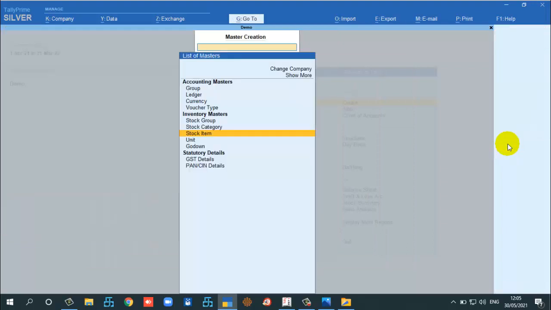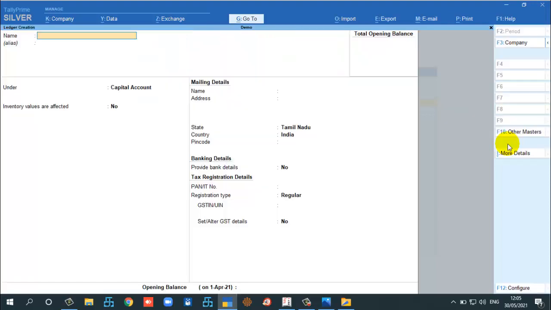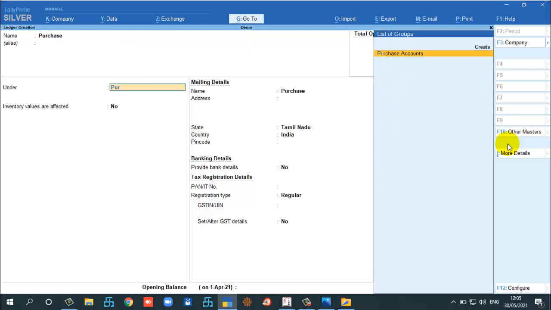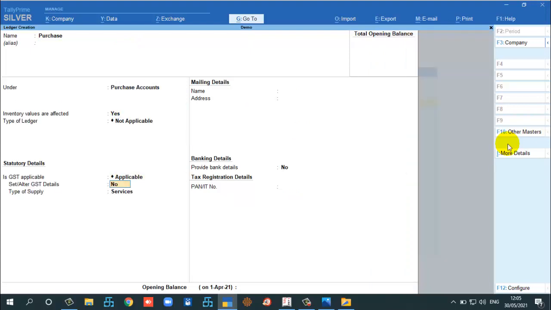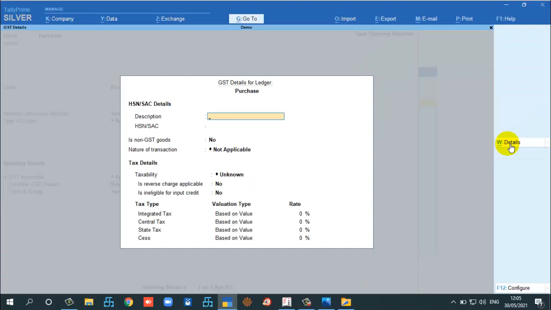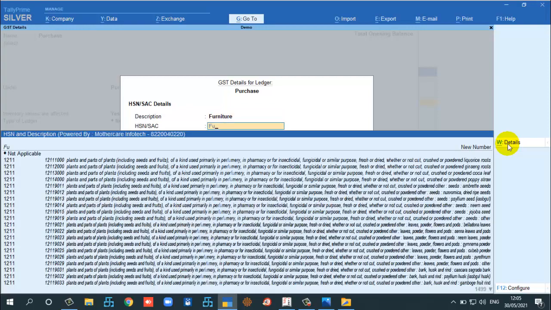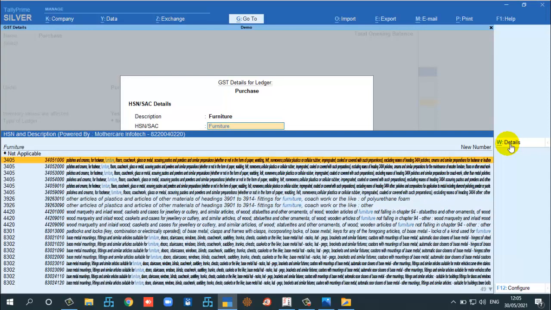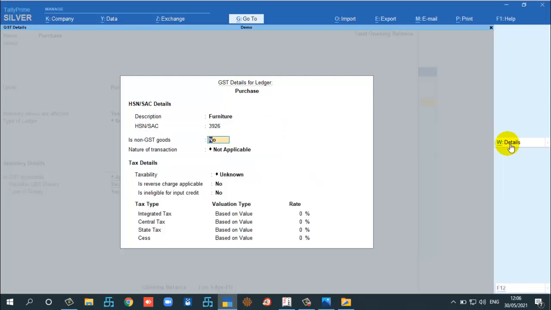Now we can configure at ledger level. So purchase, I am taking purchase. So here we can have furniture. For furniture, some HSN code will be there, whether it is wooden furniture or plastic furniture or something like that. I am choosing 3926. We can also alter here also.